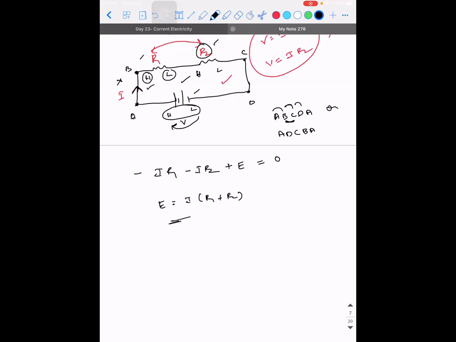So what are the things that you're supposed to do? First, take the battery with the highest power, highest potential difference. From there, take the currents, and those currents have to be divided into different parts. You need to choose a loop. The loop can be chosen in any way you want. So after you choose the loop, look at the number of elements. So the number of elements should be equal to the number of terms in the expression. That should be equal to 0.